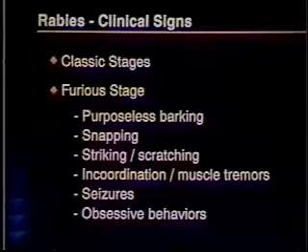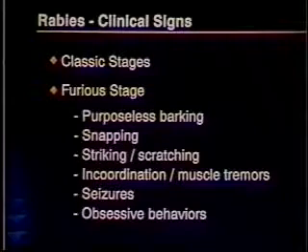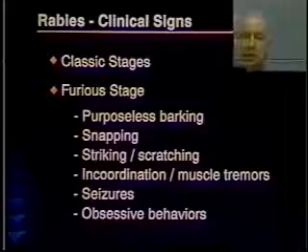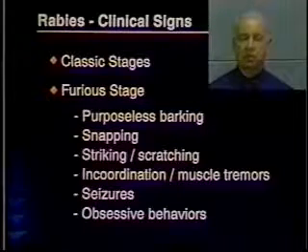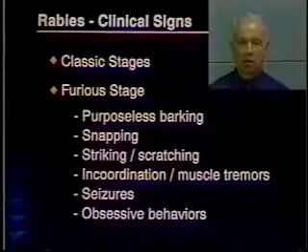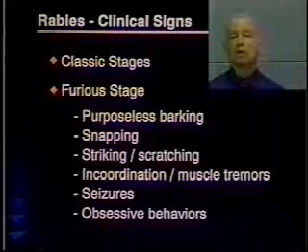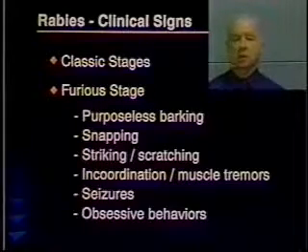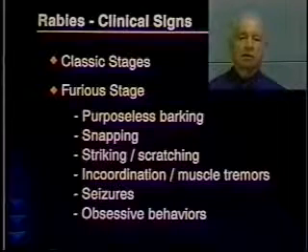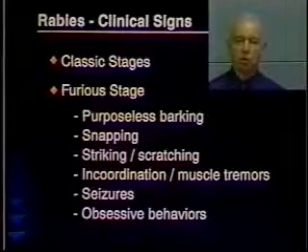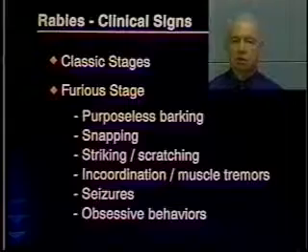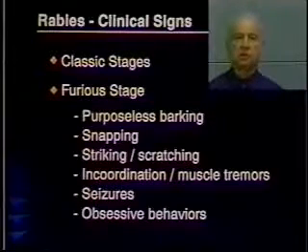Classically, rabies occurs in 2 major forms: the so-called furious rabies, or mad rabies, if you will, in which the animal becomes quite vicious, strikes at any stimulus, such as a stick or anything that is in the way, and then the dumb rabies, in which there is a lack of viciousness.